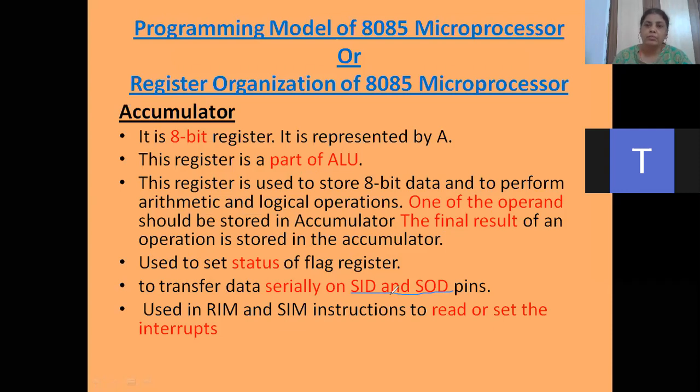See, this is a very old microprocessor, and at that time peripherals were serial, so they were transferring data bit by bit. At that time the 8085 was 8 bit, so it can transfer 8-bit data simultaneously. But we need something so that we can use those peripherals which are working in serial mode. For that, we have special pins on the pin diagram of the 8085, the SID and SOD pins, which are used to communicate serially with those peripherals.